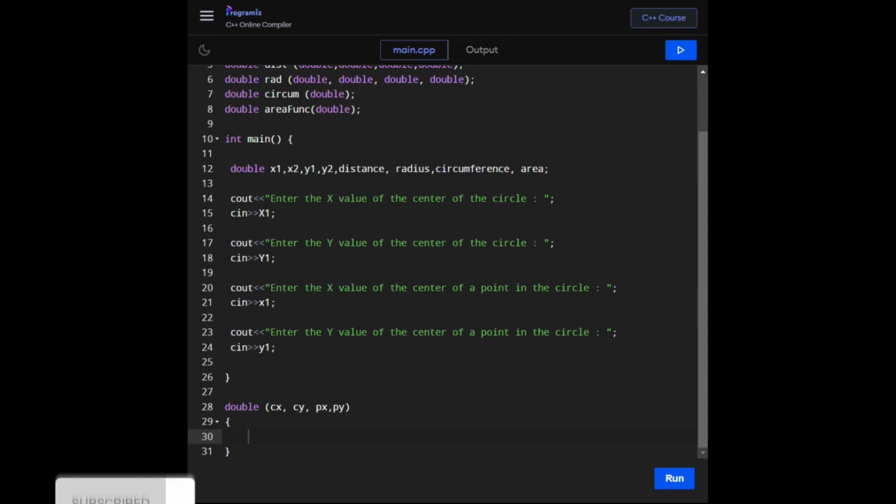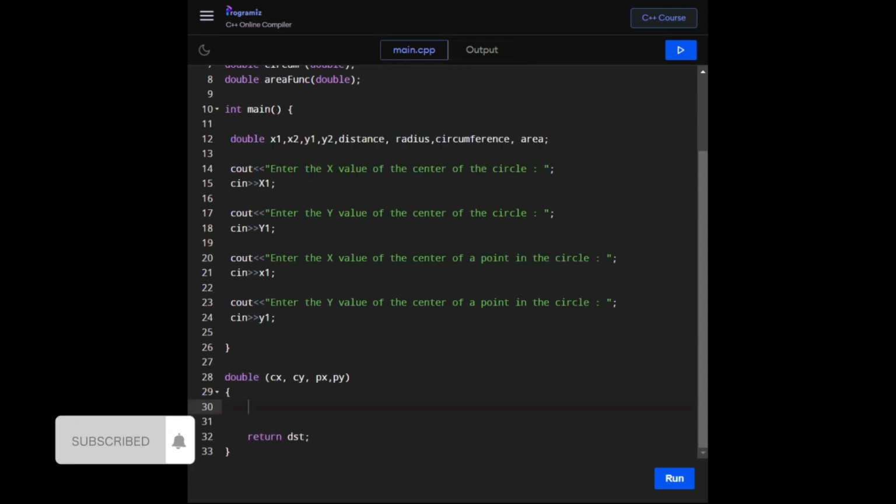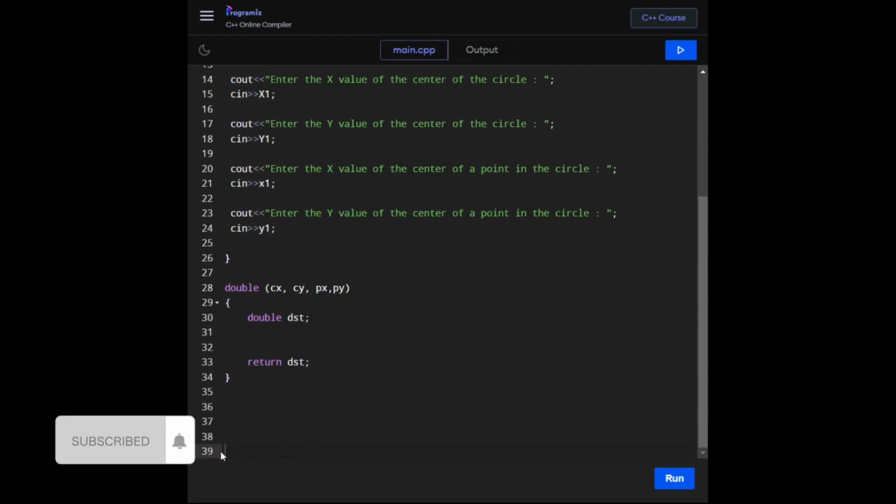We're told that this function returns the distance between them. So return dst. Please note the different naming. Because this dst is unknown, let's declare it here. It is equal to